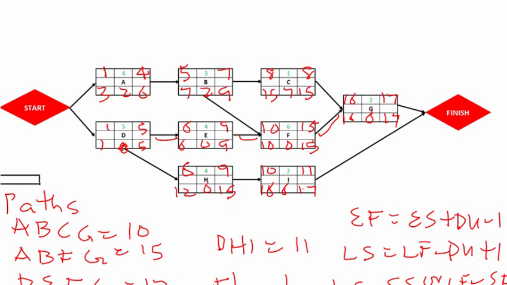So by now I'm sure that you've been able to learn how to perform forward pass and the backward pass. And so from these we've been able to get all the early dates and the late dates of all the activities on this particular network diagram. And we can see that the importance of the critical path is that the activities on the critical path are those activities that must start as and when planned, finish as and when